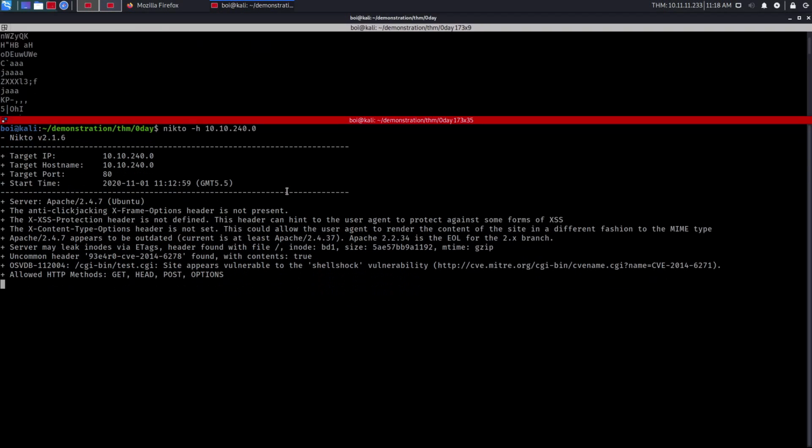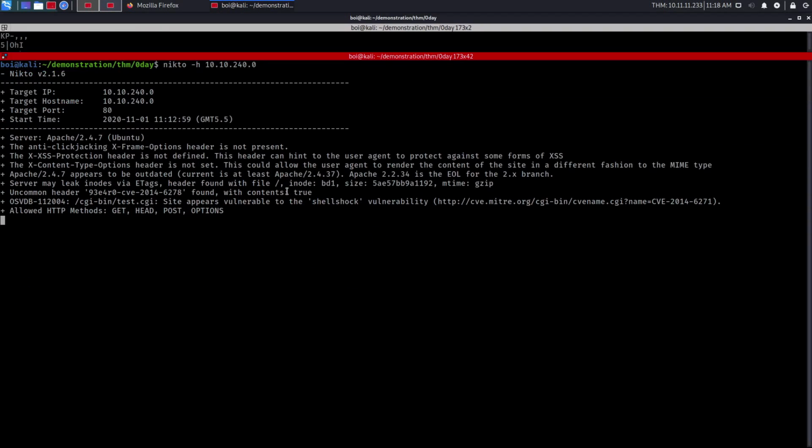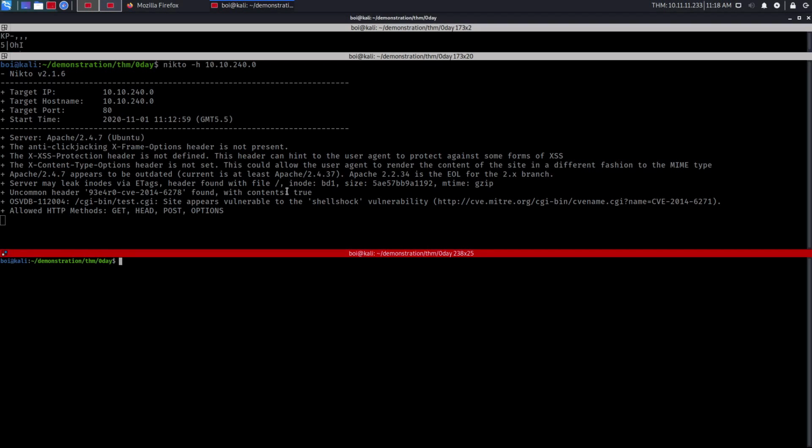So I performed my research before making the video, and we can use both the user agent header and the referrer header to get the bash shell to execute our commands. So what I'm going to do here is just curl to the server with a malicious user agent header. So it goes like curl, -H is for header, user-agent.